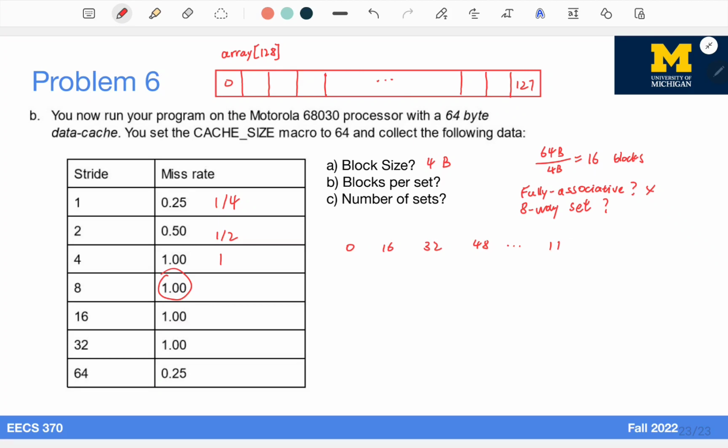Oh wait, it should be 112. Yeah, 112. And in the next iteration, we will start at 1 and then go to 17 and then 33 and then 49, and so on, until 113. Okay,